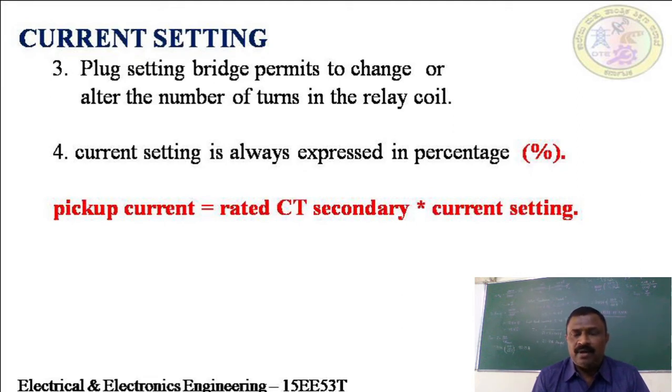Or you can have a higher pickup value or pickup current, for example 2 amperes. If I want to go for 2 amperes, again the rated secondary is the same, 1 ampere, and the current setting is equal to 200%. 2 into 1, you will get 2. So this is how you can select pickup currents by using the current setting bridge or current setting. This is an important part of your relay, where you can alter or adjust the value of